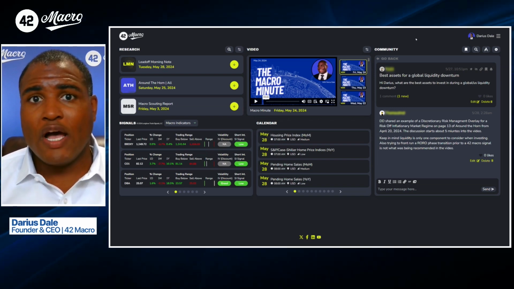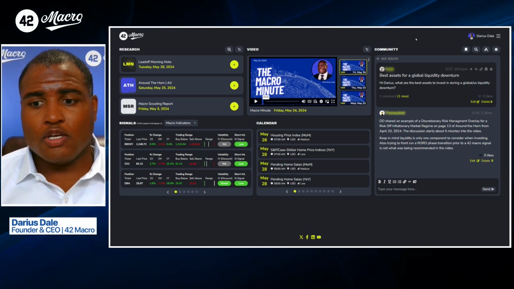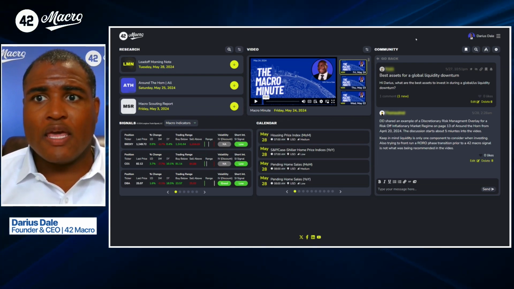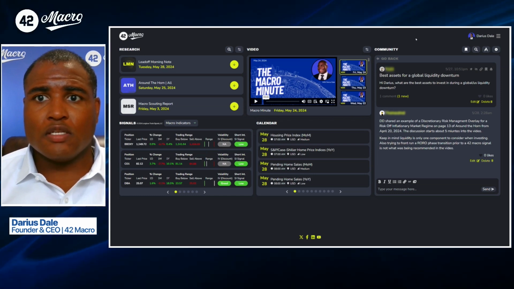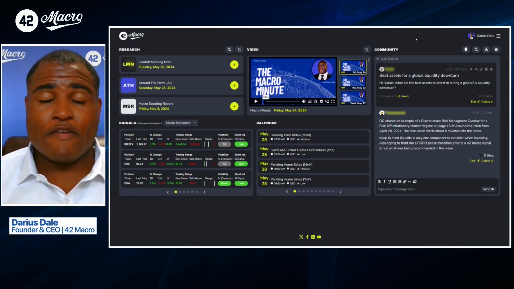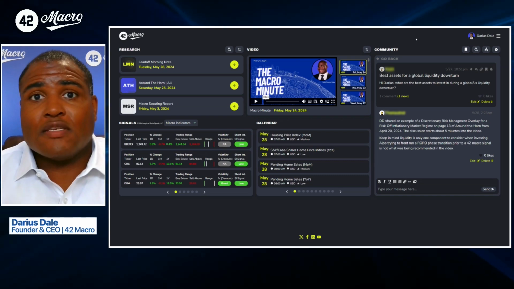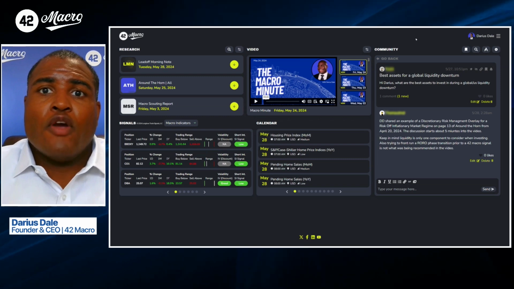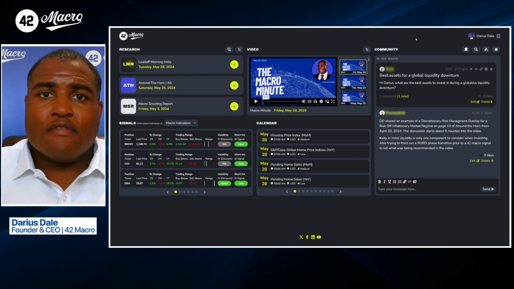The best places to hide are the U.S. dollar, short-term rates, so short-term treasuries like T-bills, things of that nature, and then gold tends to hold up pretty well on a relative basis. Again, from an absolute return perspective, there's just not a lot of places to hide. But from a relative return perspective, the key market risk that you're focused on in a risk-off inflation market